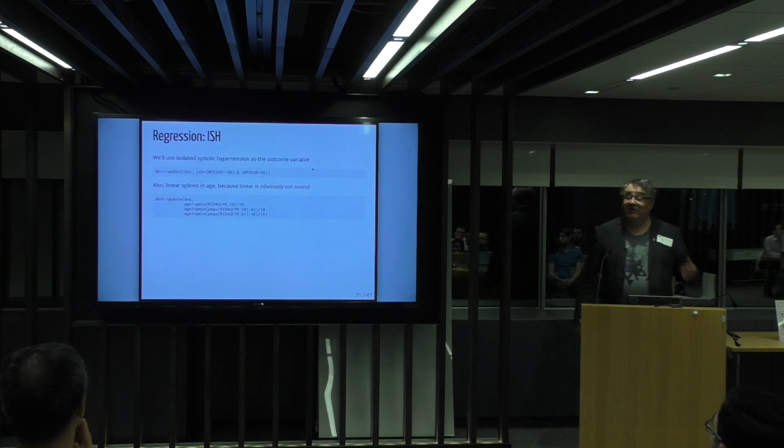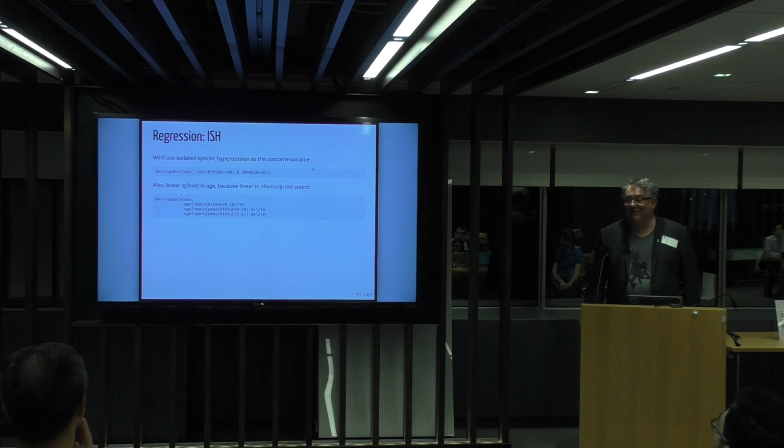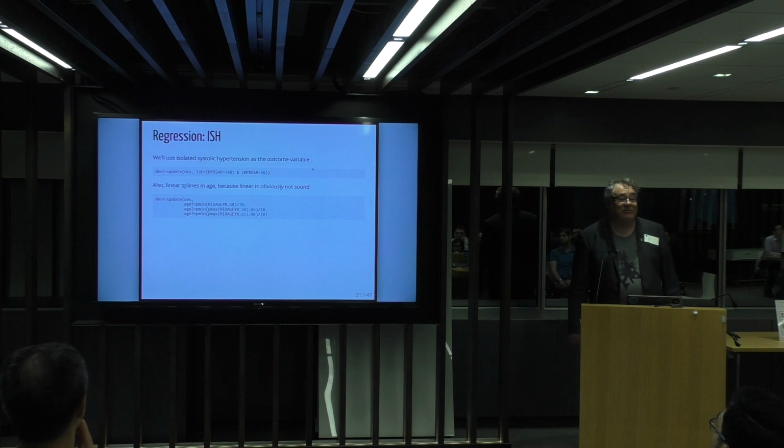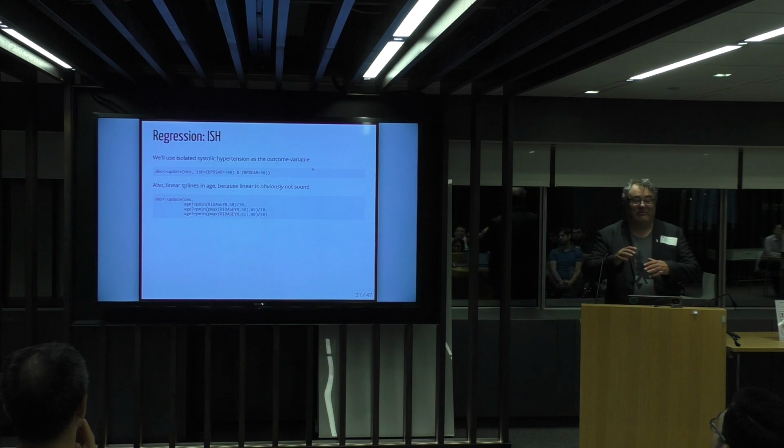Okay, and then a regression example. I'm going to do logistic regression with the outcome variable isolated systolic hypertension, which means that your systolic blood pressure is high, but your diastolic isn't. It's something that happens to older people. Almost everybody ends up with isolated systolic hypertension, whereas middle-aged people tend to end up with both